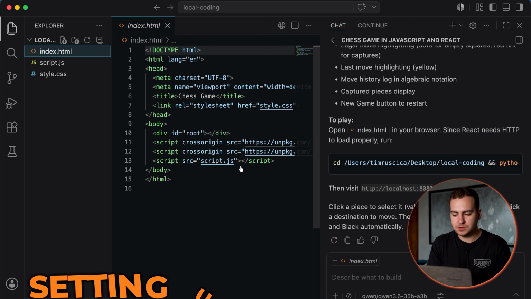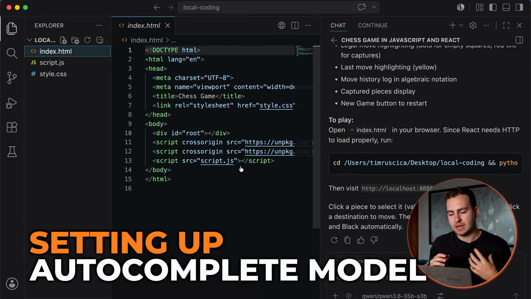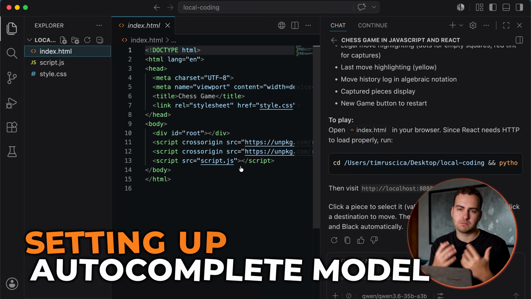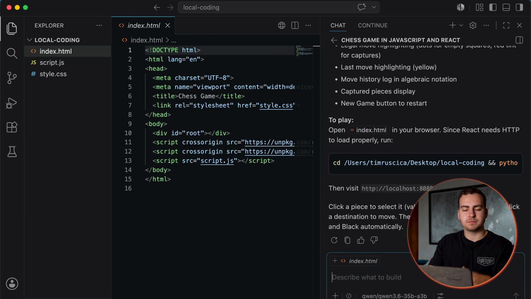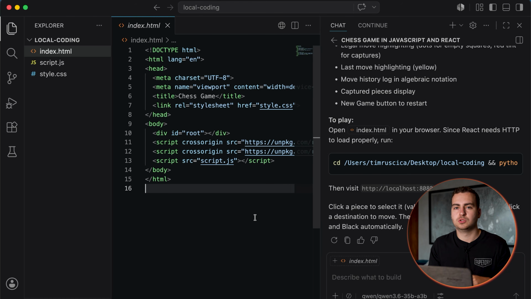Okay, so that's how you set up the chat, right? And this now is going to allow us to do agentic coding. We can change the mode, ask, agent, plan, whatever, set up different agents, test them, see which one is going to work. We can tag different files and just use this like we would use any agentic code editor. However, if we want autocomplete to function locally as well, so that this will work if we don't have any internet,